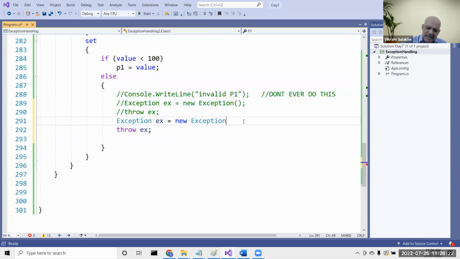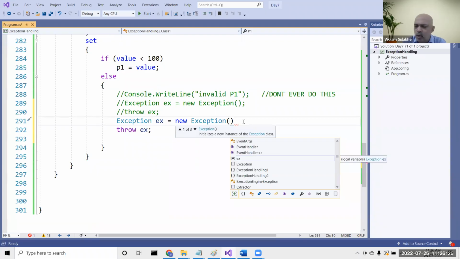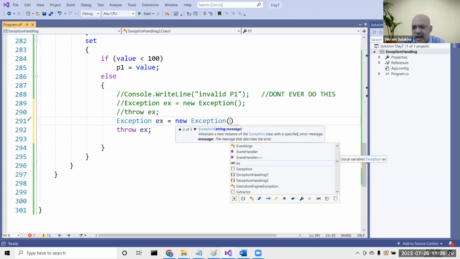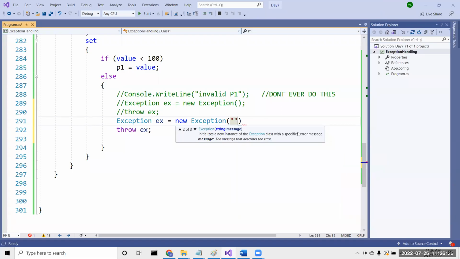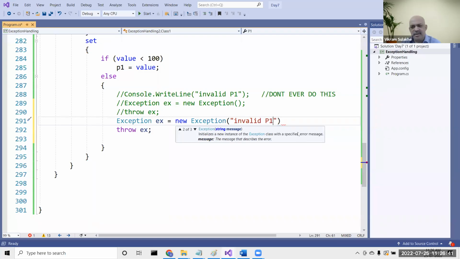But the Exception class has an overloaded constructor which takes what as the parameter? See this? What is it taking as a parameter? Message. I can actually pass it here. Rather than the default message, I'm passing my own message. And if I now try running the code,